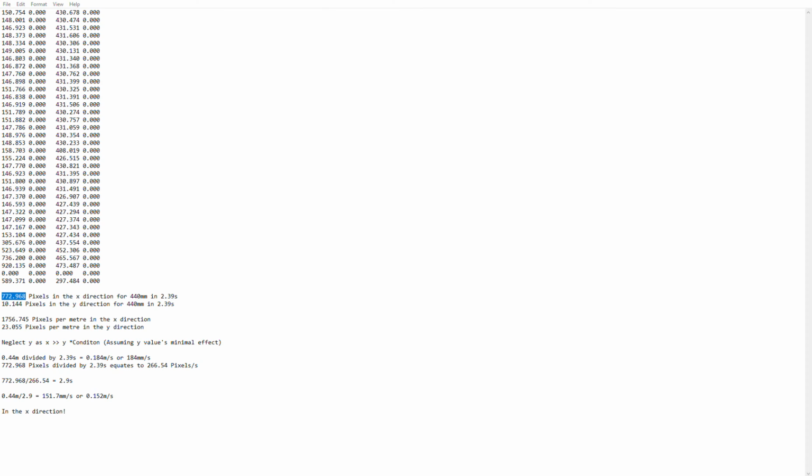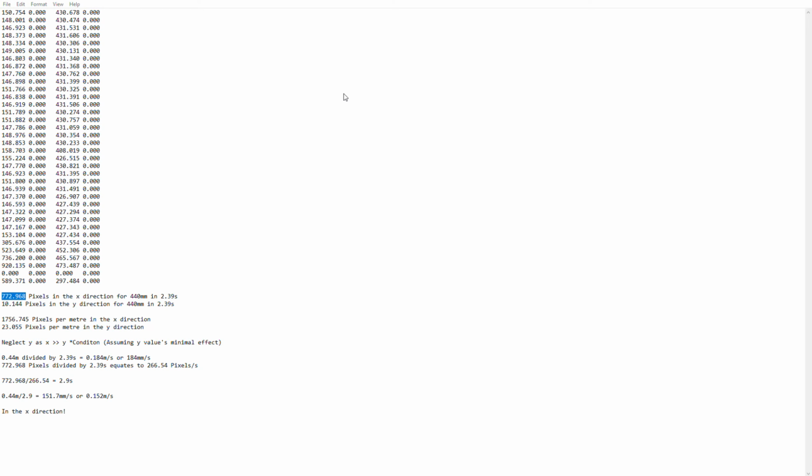Theoretically, it's moving at about 184 millimeters per second, which is quite slow, a very slow and steady speed. And if we look at the pixels divided by 2.39 seconds, it equates to about